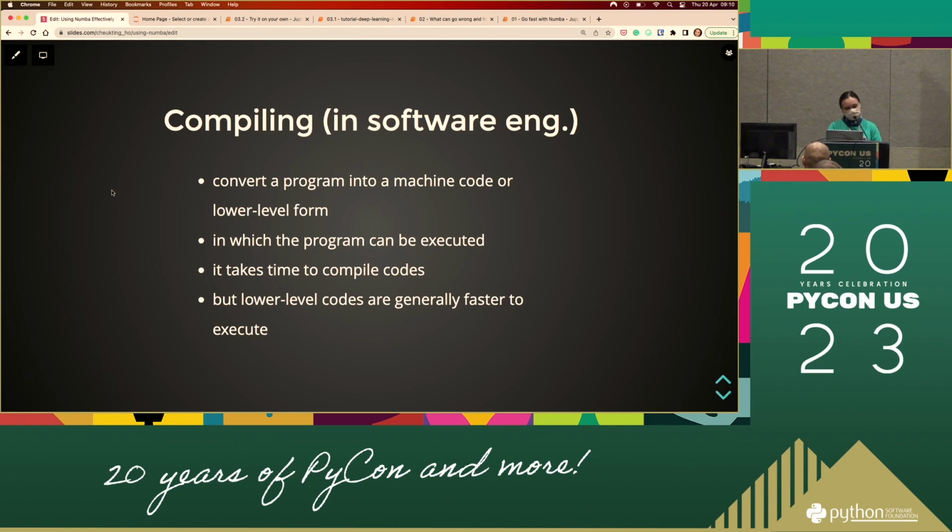So that's why we want to write in a programming language that can be compiled into low-level code. It's like a translator, like Google Translate, that translates an article from a foreign language to a language that you understand. So compiling is translating from a human-understandable form to a machine-understandable one. Python works slightly differently, but for other programming languages, for example C and C++, the program needs to be compiled before it can be executed.